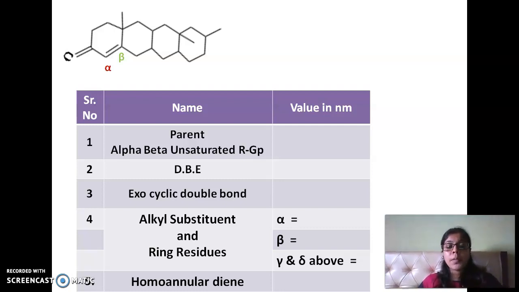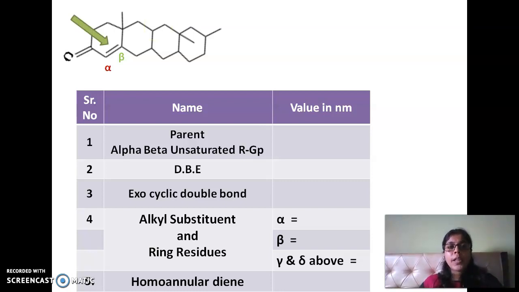Now I go for determining exocyclic. If I say A, B, C and D are the 4 cycle rings present here. For A ring, I have only a double bond O outside. I do not consider that as exo. For B ring, if I shut down the B ring, I see 1 exocyclic double bond. For C ring, there is none. For D ring, there is none. So I have 1 exocyclic double bond. Can you see this? So plus 5 beta.